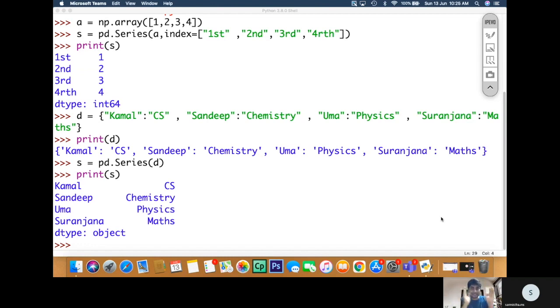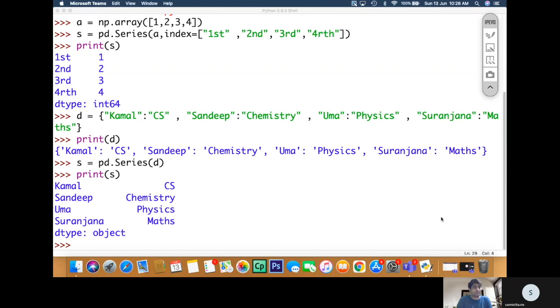Just like we have in set and relations theory in mathematics, a one-to-one map. There is one key mapped with one value. So no two keys will have the same name. Always the keys are unique. Whenever you insert a key with the same name, it will replace the value of the existing key with the same name. So no two Kamals can be there inside this particular given dictionary.